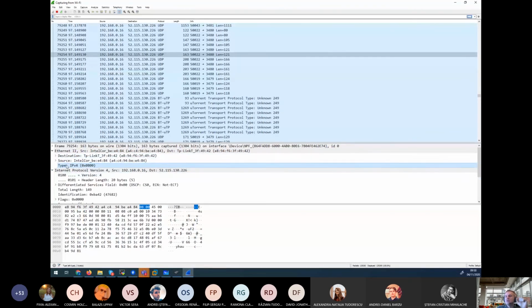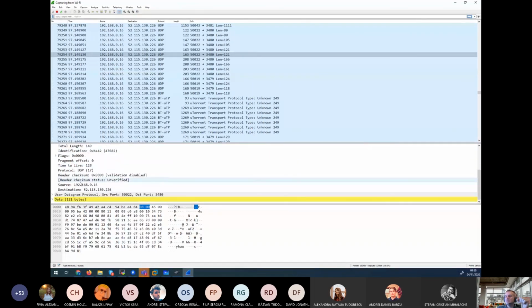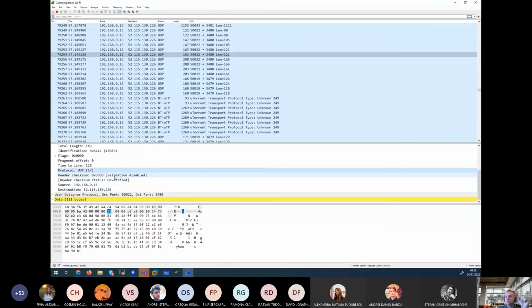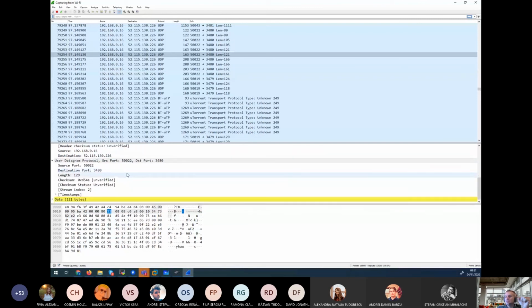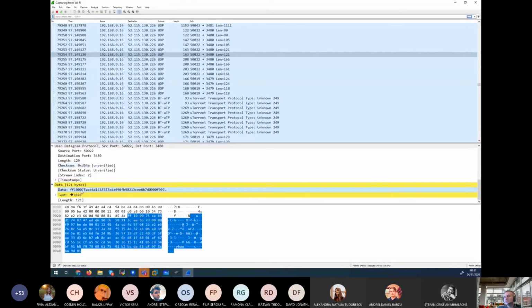Then inside that Ethernet frame, we have an IP packet which has a header, which contains, if we look more closely, a source IP address and a destination IP address, the ones that we see here. And it's carrying a UDP protocol inside. We can unfold that further, and we see that the UDP packet has a source port and a destination port. And it has a length and a checksum, which is used to check the integrity of data. And then finally, we have some payload, which is the actual data that Microsoft